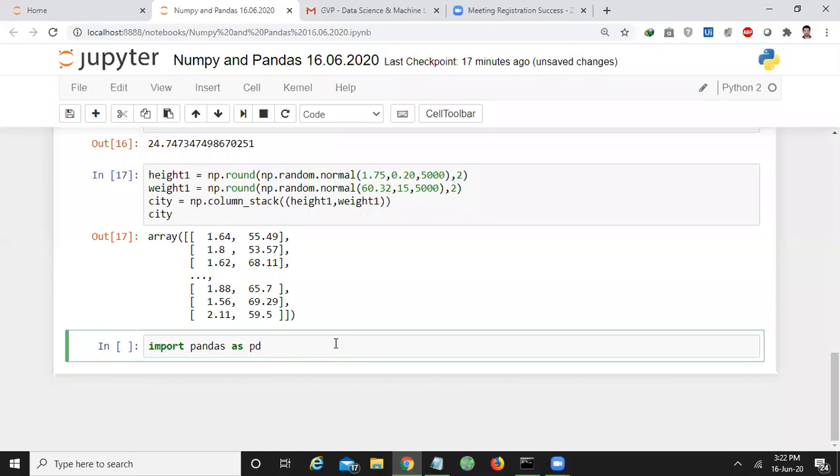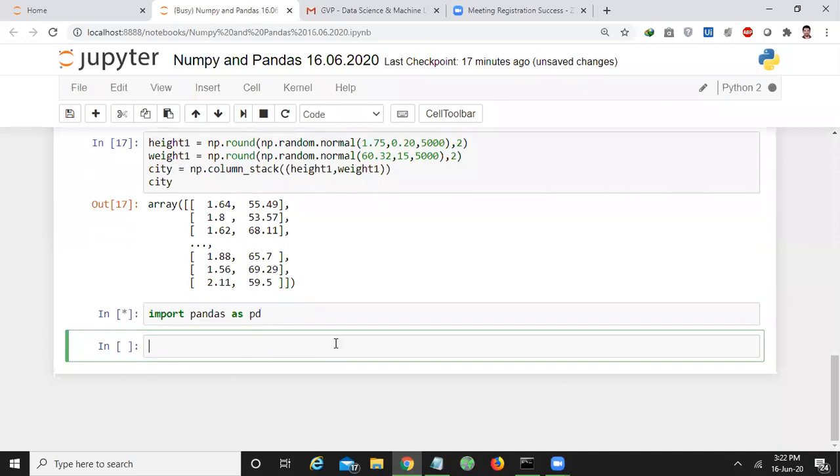A data set contains some examples, or some values. So if you want to study the values that belong to a particular domain, this package is going to be used. So for that, I'm importing the package called pandas.